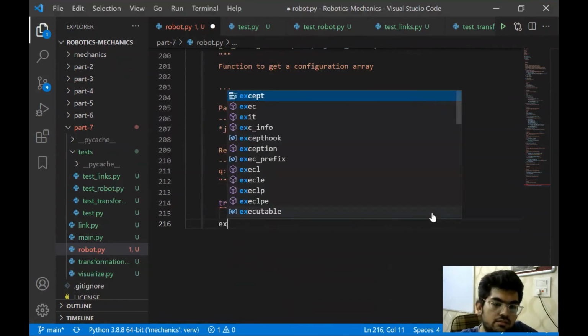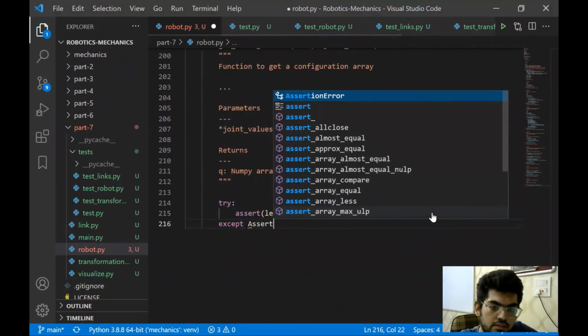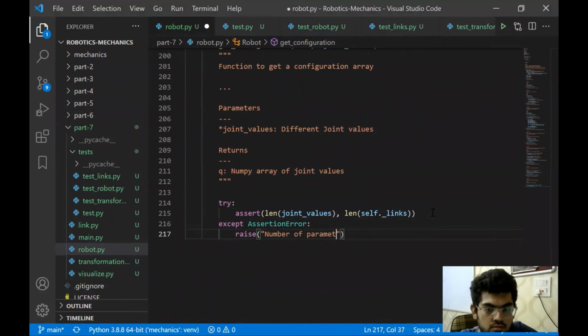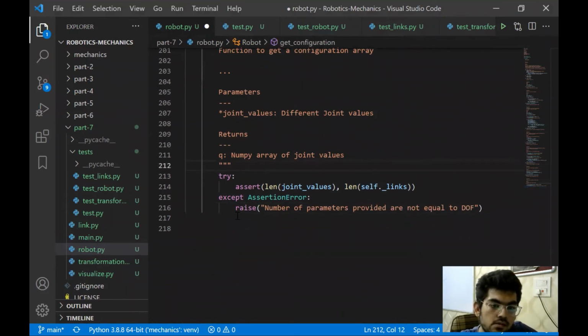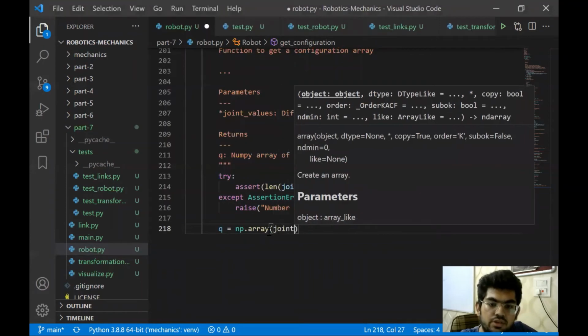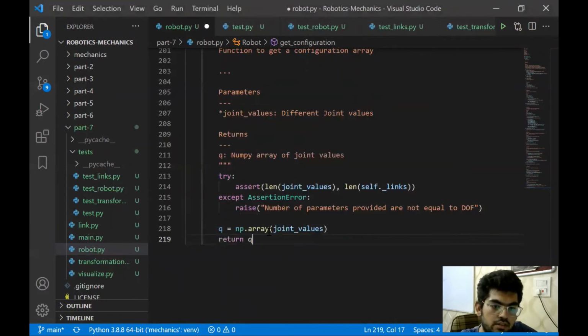If it is not, then we can have an assertion error. Right, what we can do is simply generate an NP array, just passing this joint value, and then return Q.